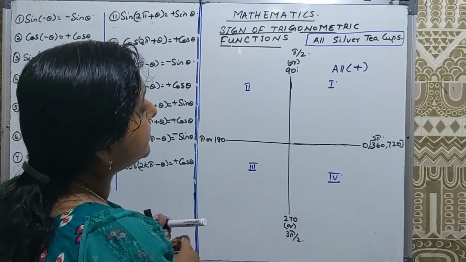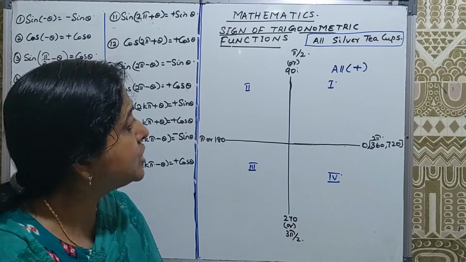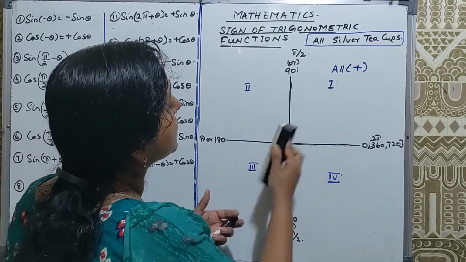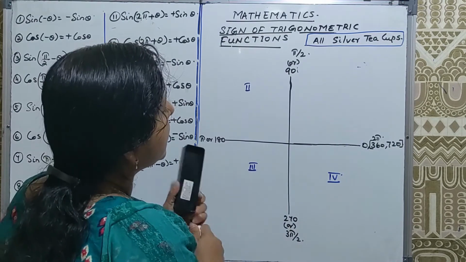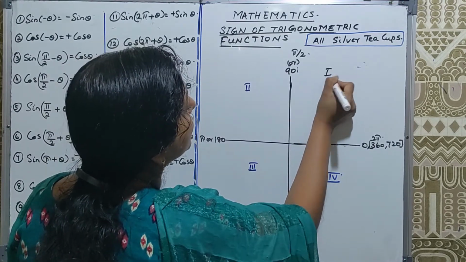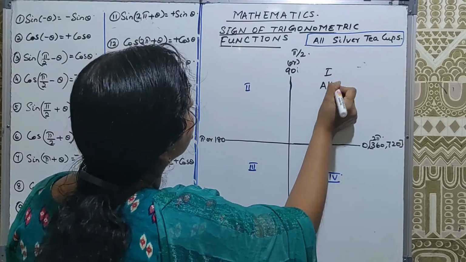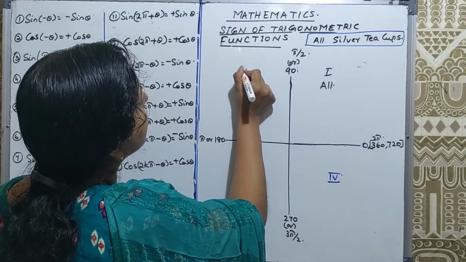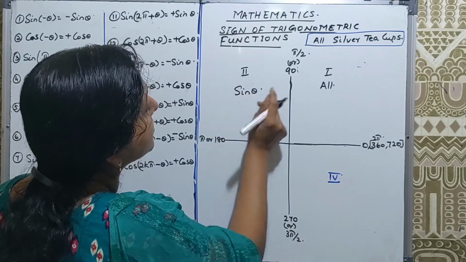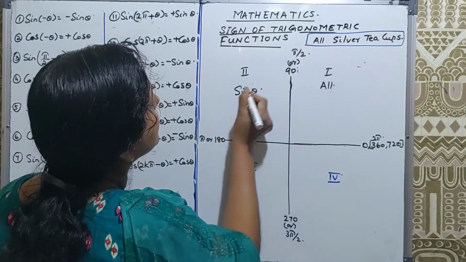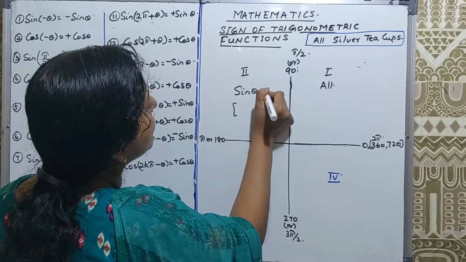In quadrant 2, only sine function will be positive. In quadrant 1, all the trigonometric functions are positive. In quadrant 2, sine function only will be positive. Sine function means all silver teacups. So that means sine and its reciprocal. In bracket I'll write sine positive